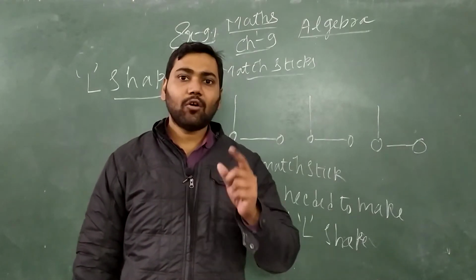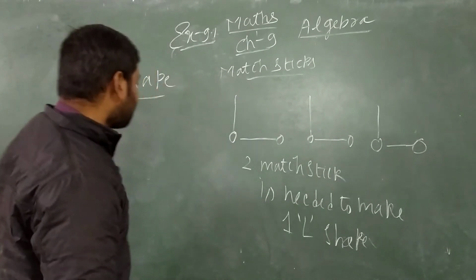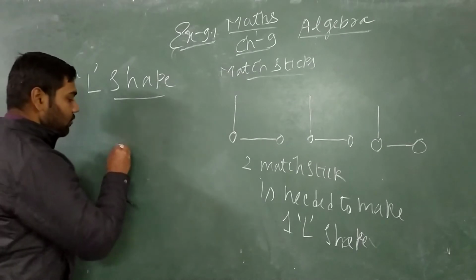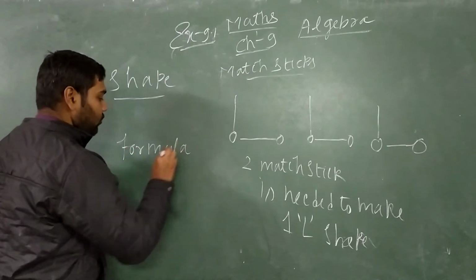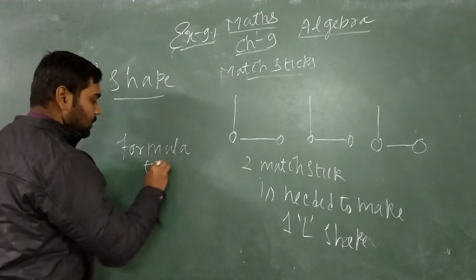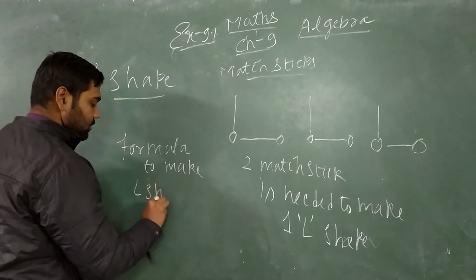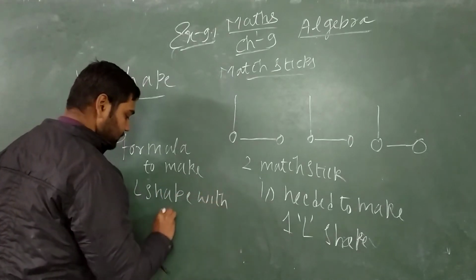So the number of matchsticks will be dependent on the number of L shapes. So to make an L shape with matchsticks, the formula...